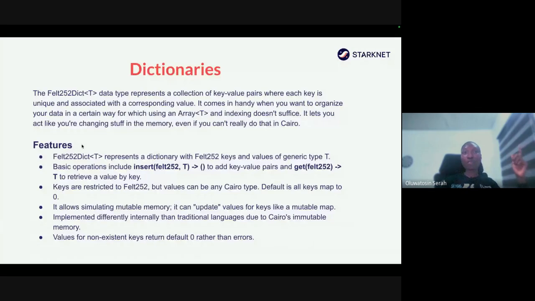So the features of Felt252Dict: it represents Felt252 keys. So your keys in a dictionary, the data type has to be Felt252. You can't have any data type for the key. But the value type can be any type. And then basic operations. Let's say you want to insert into the dictionary, you get to use this insert method. What do you want to insert? Provide the key, which is Felt252, the type,